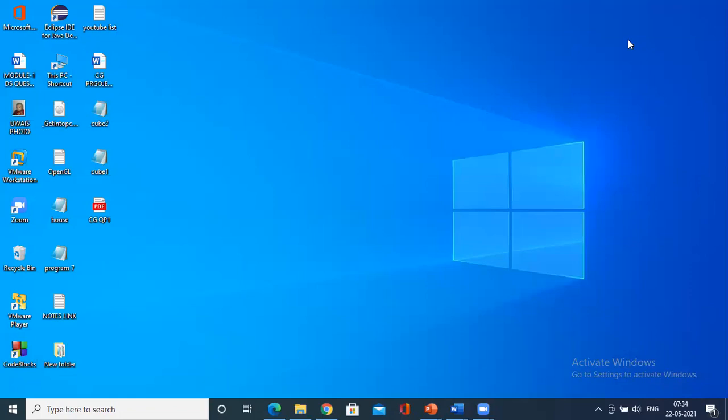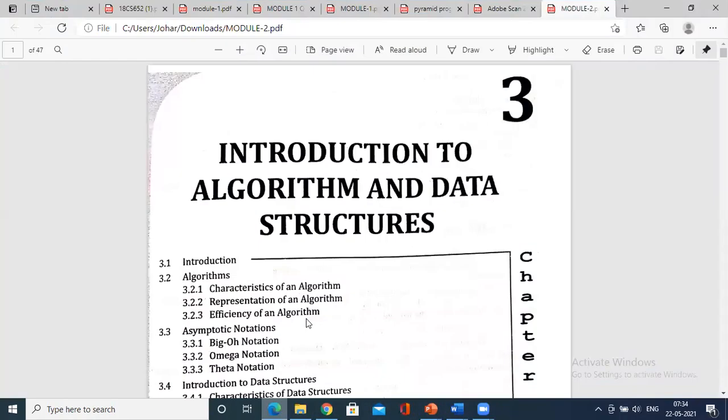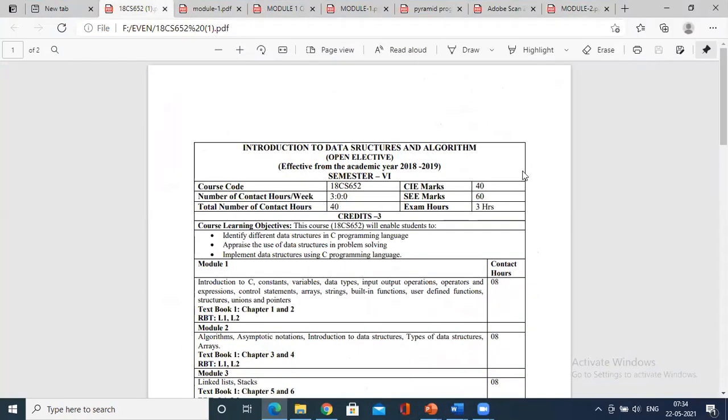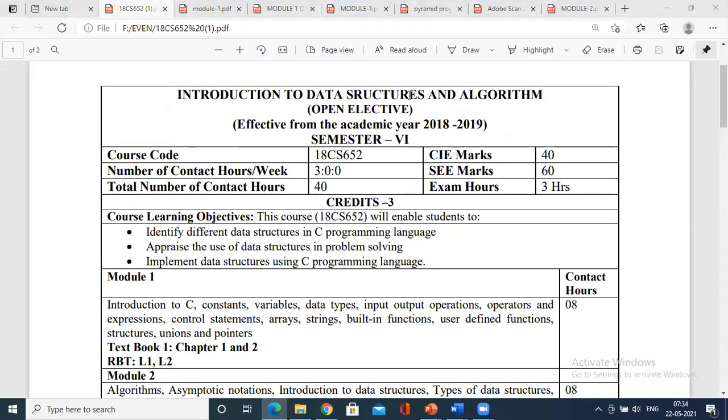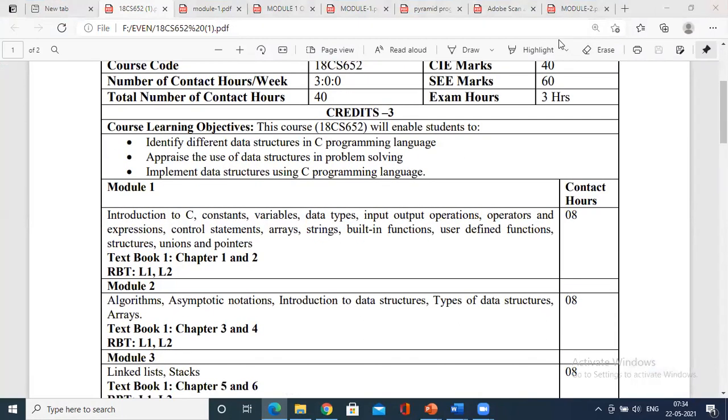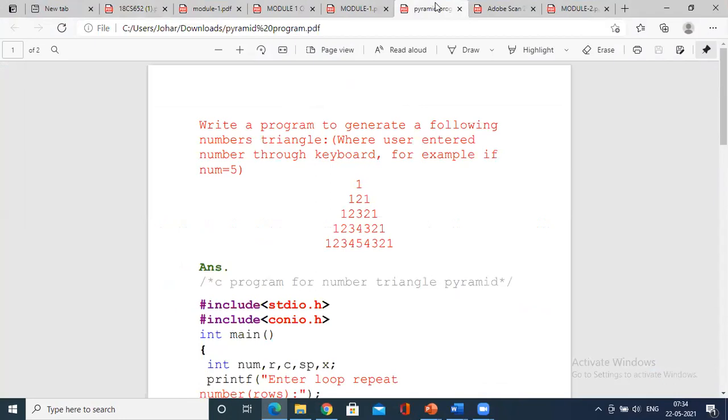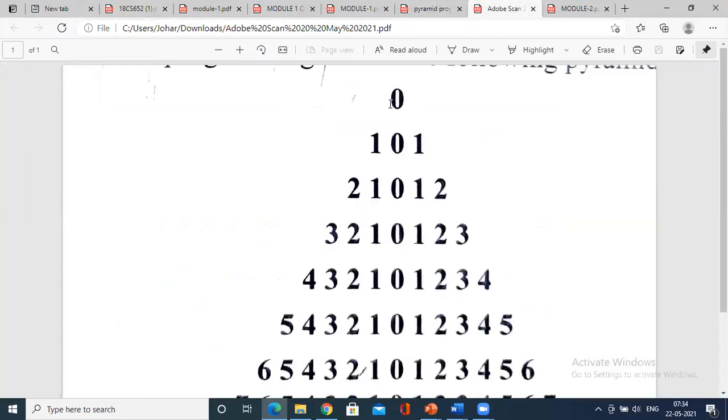One of the programs is a pyramid program. That was asked by one of the students. Though I have forwarded it, I just want to go through this program logically. Today I'll not go into more of the theory we have already gone through. So here is the concept. We have a pyramid program, and I'll go with this pyramid program. How do we represent this?